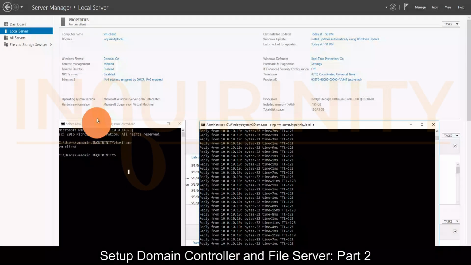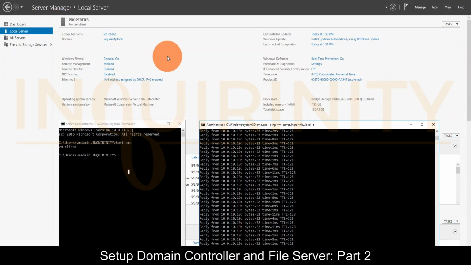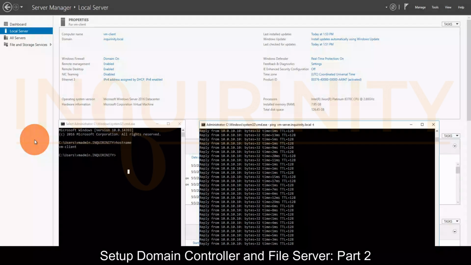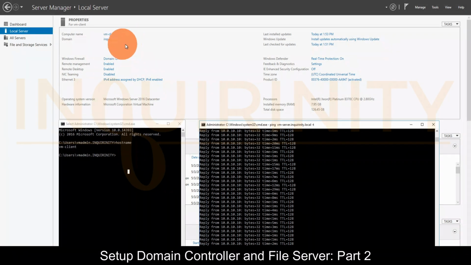We are back and remoted to our client machine. So the computer name is VM-client, so the host name appears below. We are using a Windows Server operating system instead of the usual client operating system like your Windows 10 or Windows 11. It is joined to the domain inquirinity.local, and as you can see on the command prompt, we are doing a continuous ping to our server, VM server